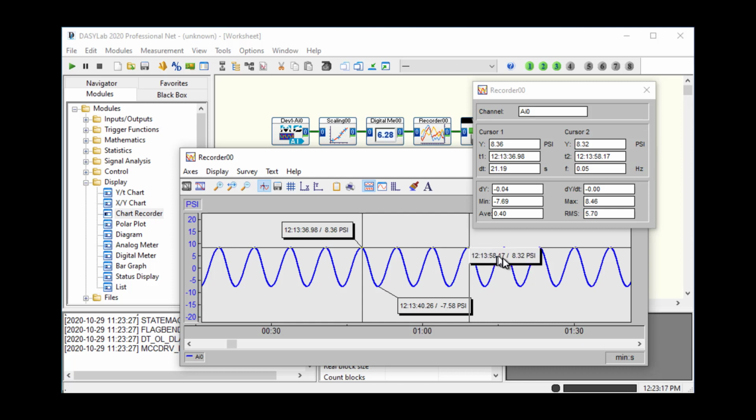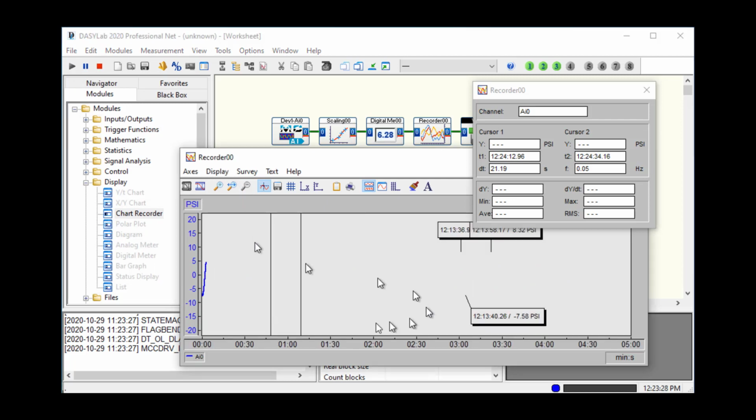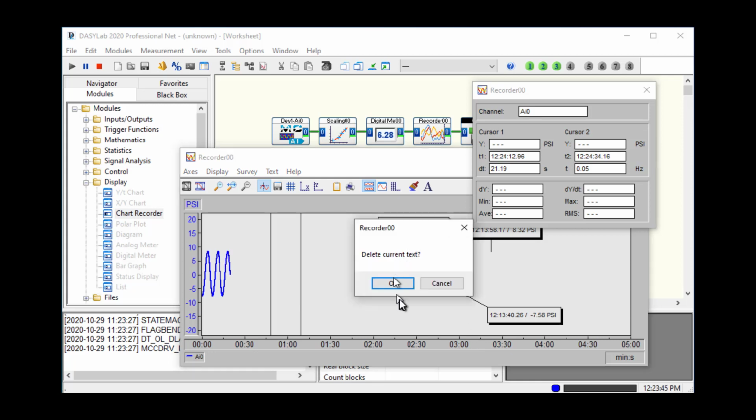I can keep doing it. Those labels are going to follow the data. They're actually going to disappear right now when I start the measurement again. They're going to stay on the screen associated with the previous data. So once the data gets over to this time value, then you're going to see the cursor line up with the data. I can delete them by double right-clicking on them,